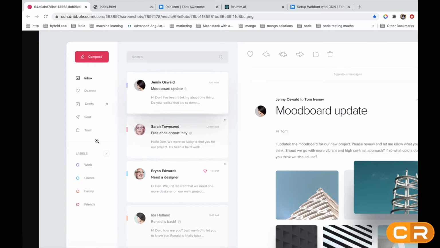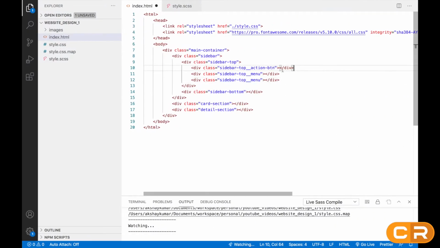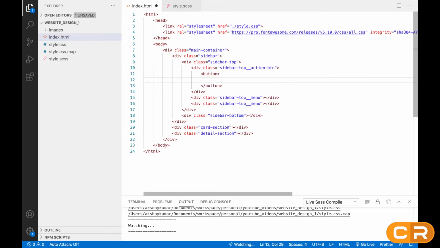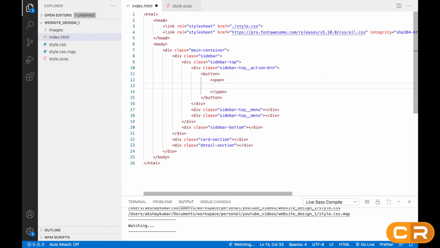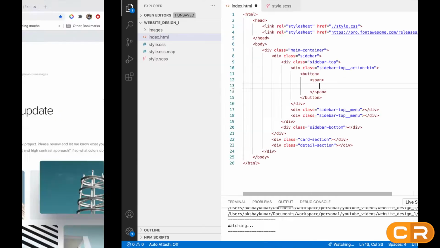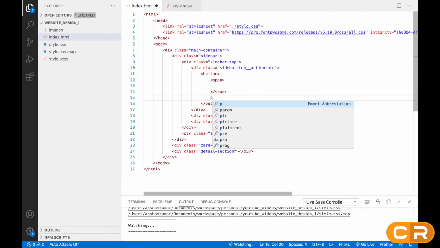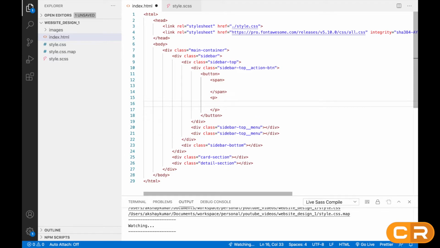So we'll give the same class name. Okay. Inside this first div, action button, we'll create a button like this. Here we'll create a span, and this is a container for the icon, right? For this icon. Okay. And here we'll create a p tag and we'll write compose.